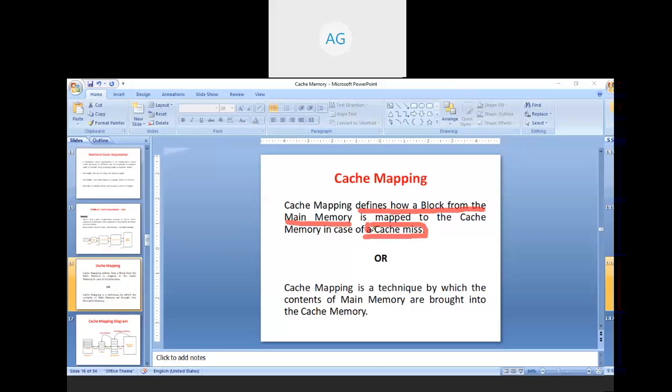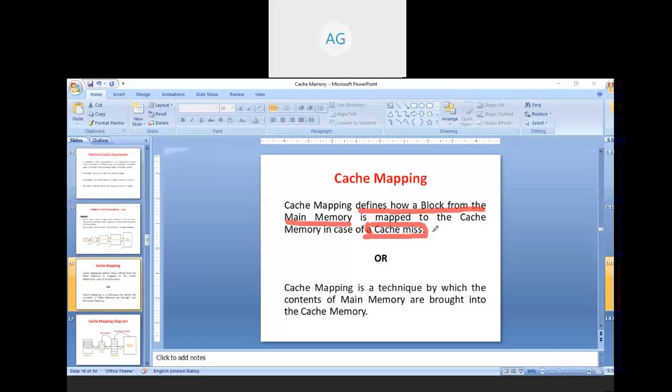the cache mapping only exists when we are at the stage of main memory. When we are at the stage of main memory, we have already crossed level 1 of the cache memory, meaning the word we are looking for is not found in the cache memory. That's why we come to level 2, which is main memory. So cache mapping defines how a block from the main memory is mapped to the cache memory in case